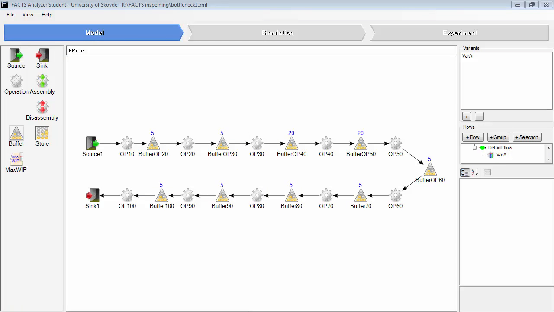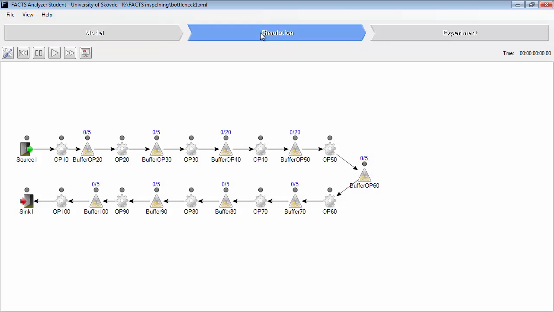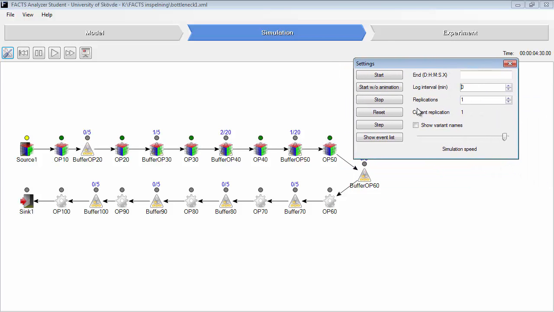Then I'll set the bottleneck station to a cycle time of 33 seconds instead. So now, compared to the other operations, this station has a cycle time of 33 seconds and the other ones have 30 seconds. And it has an availability of 85% and the others have 95%. We'll start a simulation to see that it works. And the animation clearly shows that